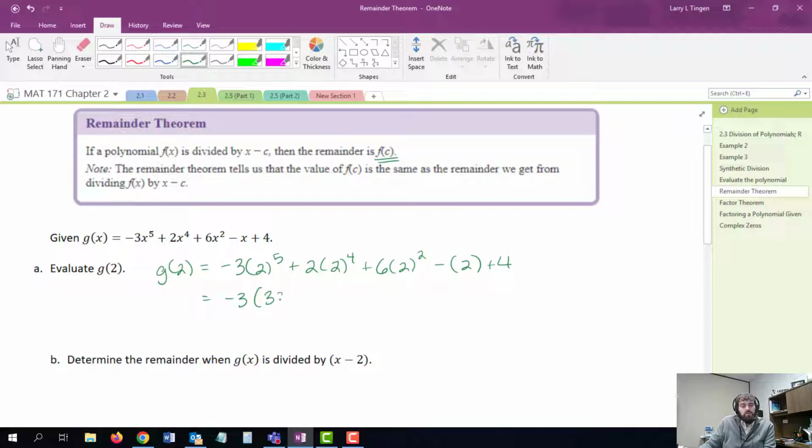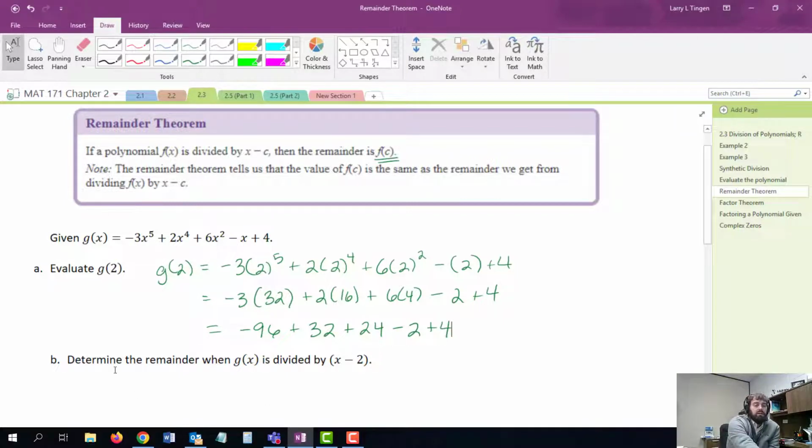2 to the 5th is 32. 2 to the 4th is 16. 2 squared is 4. 2 is 2. 4 is 4. -3 times 32, -96, plus 32, plus 24, minus 2, plus 4, and I find that